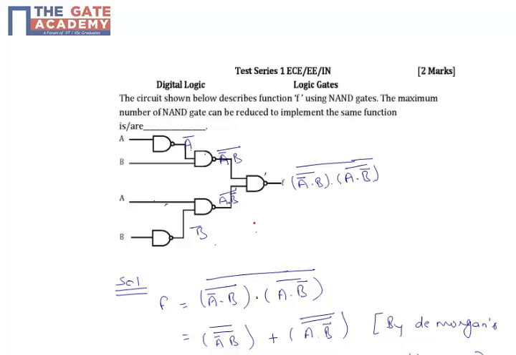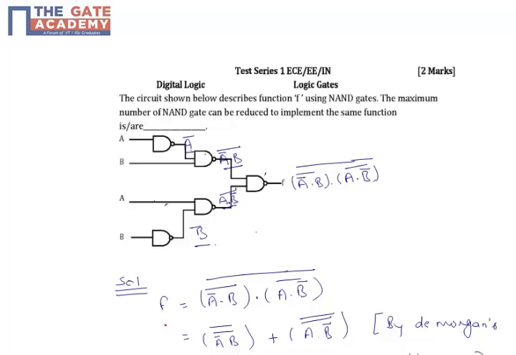We will see what F is representing here. This is representing A bar, and this is representing (A bar into B)whole bar, and similarly here it's representing B bar, and here it is representing (A into B bar)whole bar. So F is going to be equal to ((A bar into B)whole bar into (A into B bar)whole bar)whole bar. Now there are so many whole bars, so don't get confused. See it clearly and understand it.